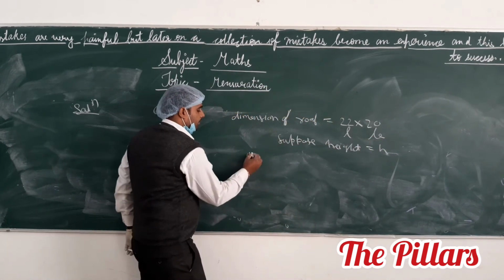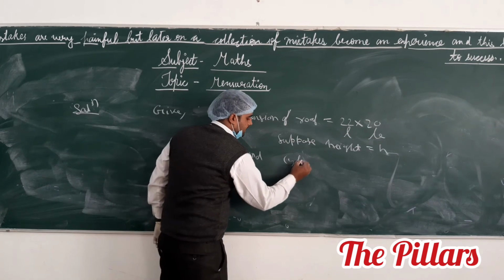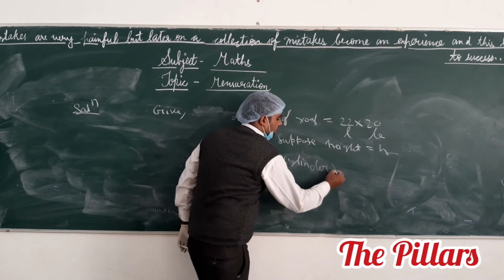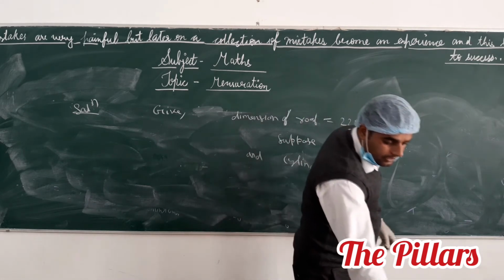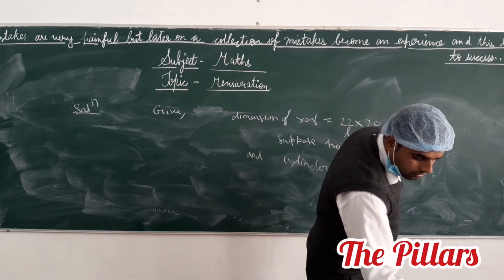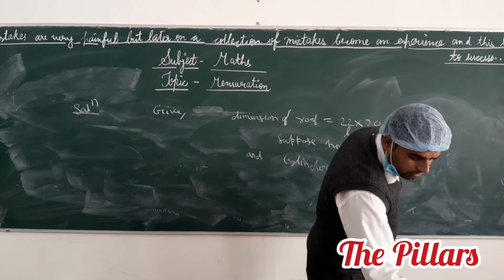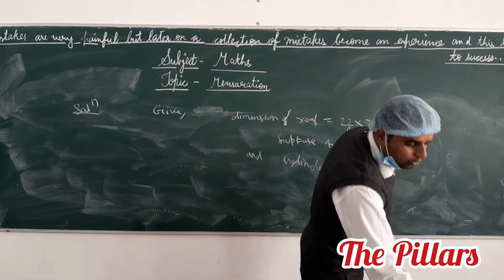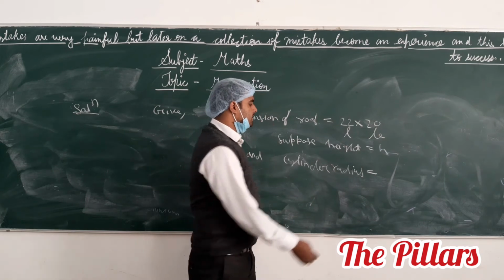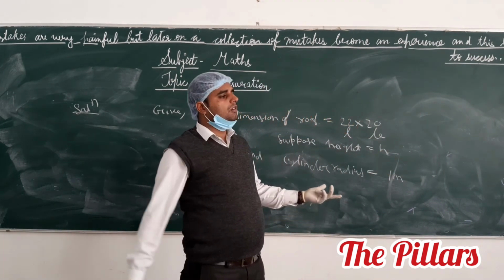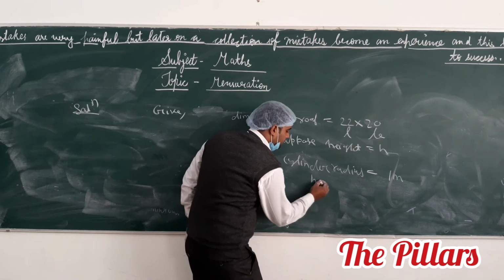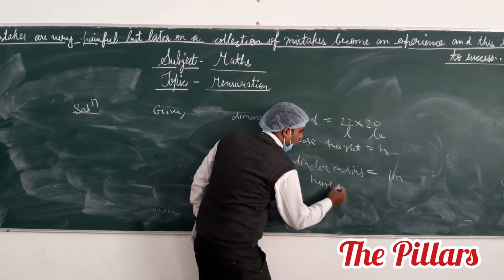And the cylinder radius equals what? The radius of the cylinder is given as 1 meter. So the diameter is 2 meter given, which means the radius is 2 by 2, that is 1 meter. And height equals